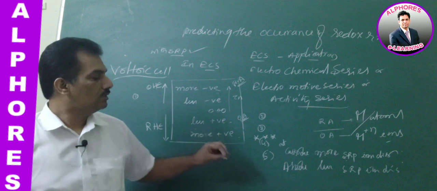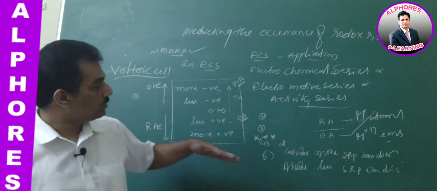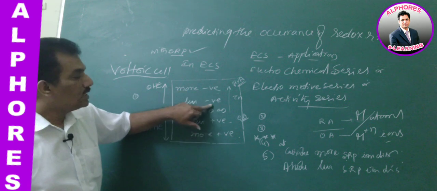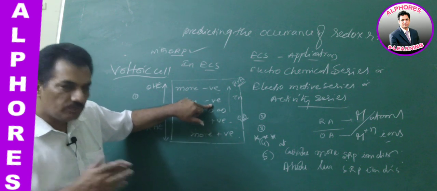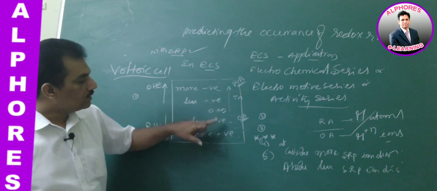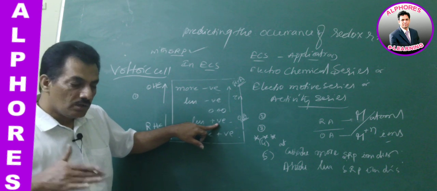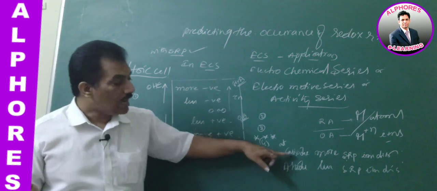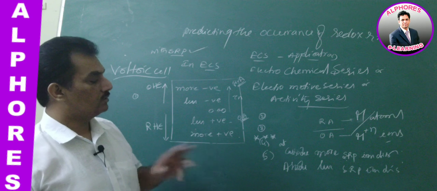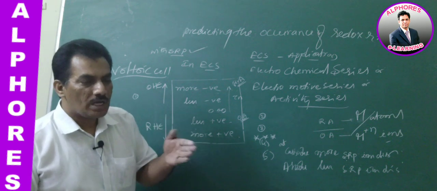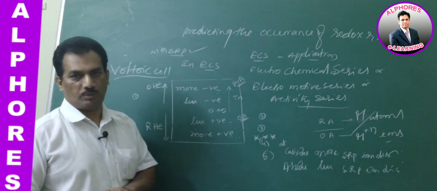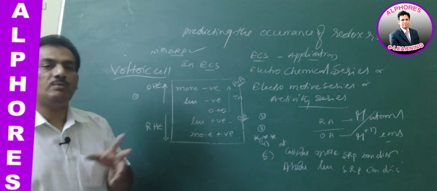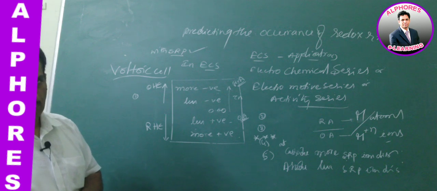That's why at the cathode, more SRP. More SRP means when compared to a more negative SRP, a less negative SRP metal will deposit first. When compared to this, a positive SRP metal will deposit first. Like that, at the cathode the deposition order is with more SRP preferring to deposit, whereas at the anode it is reverse, less SRP will preferably deposit at the anode. Clear?